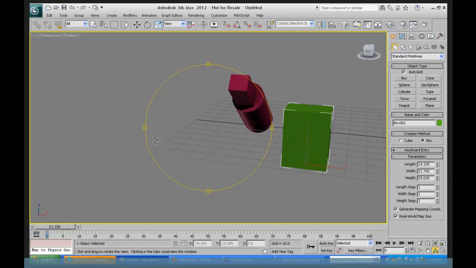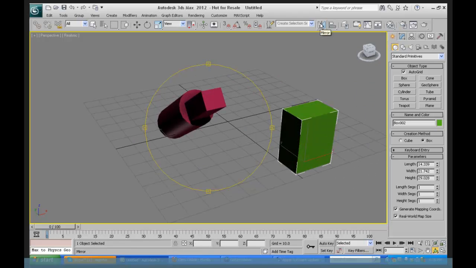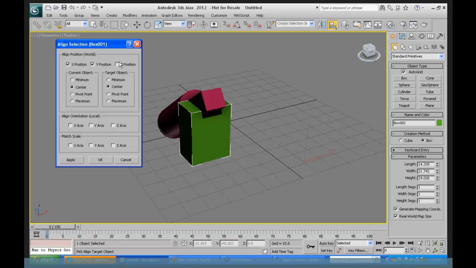So we can also use the Align tool to move objects into place. On the main toolbar, there is an icon over here marked Align. If I press and hold, you see that there's a variety of alignment options. But standard alignment is a noun-verb tool. That means that you select the object, then you choose the activity that you want to do. Look down here, and it says pick alignment target object. So I want to align this object to that one. Then I say, okay, I would like to align its X position, its Y position, its Z position. I would also like to align its orientation